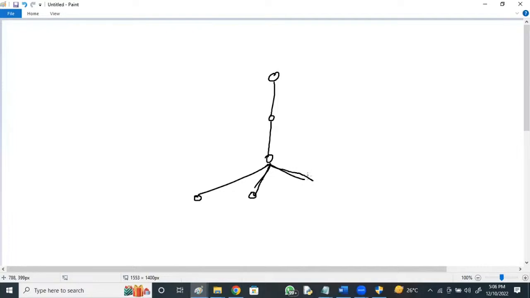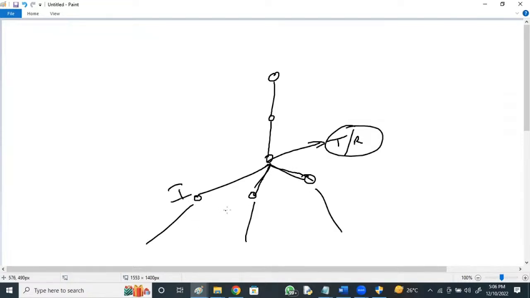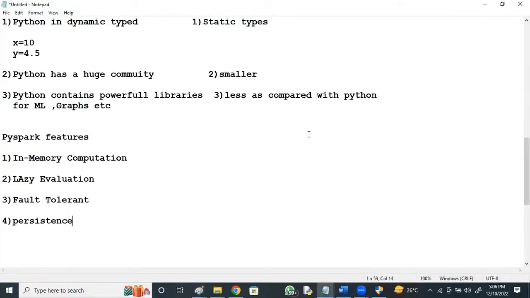This particular transformation is used by flow one, the first flow, second and third. So these three flows are using this particular transformation. So persist this transformation, make it available in the RAM so that it can provide its output to the other flows. That is the persistence feature.